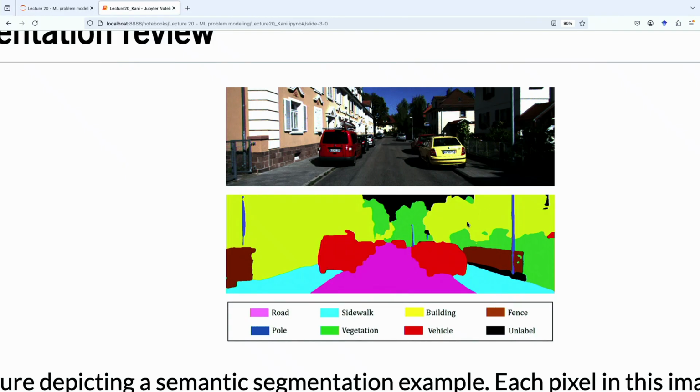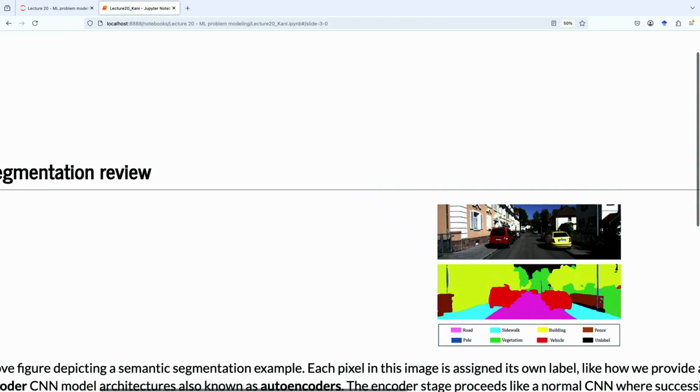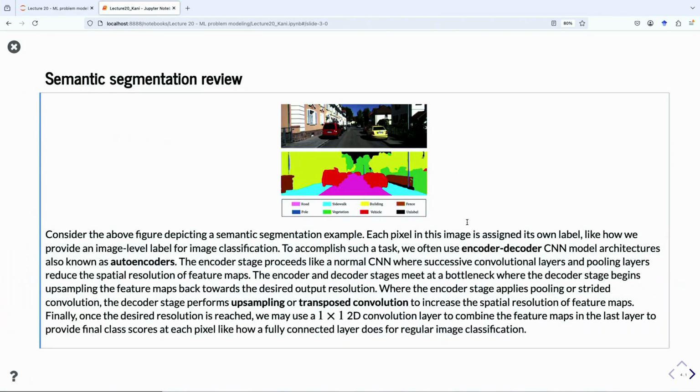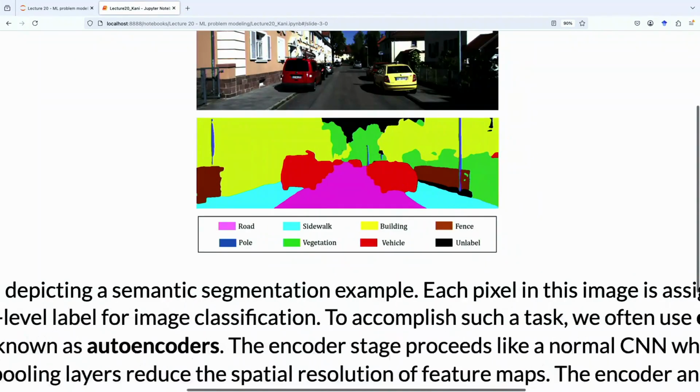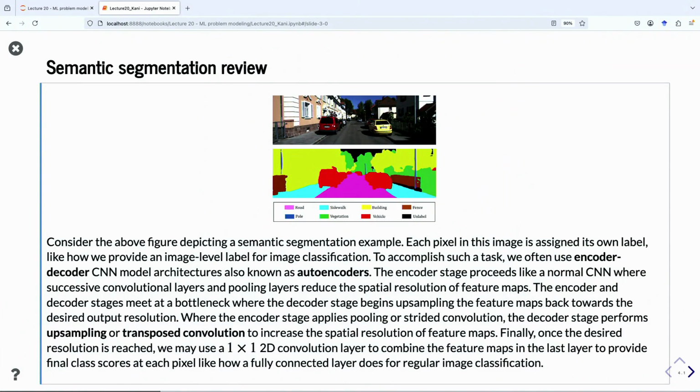Okay? So this is a very useful pre-processing step for a lot of different image tasks, right? If we wanted to locate a car, all we need to do is run our image segmentation algorithm, and then run a simple Python script that clusters these pixels together, and we could get a location of a car. Okay, so that's semantic segmentation. That's the problem, I should say.